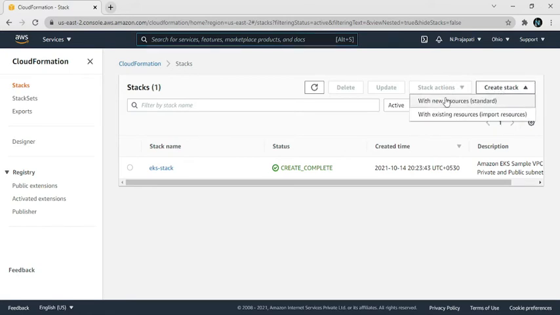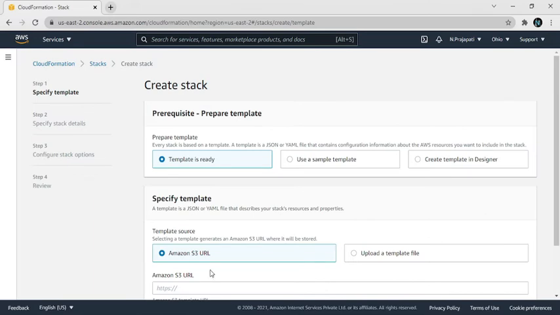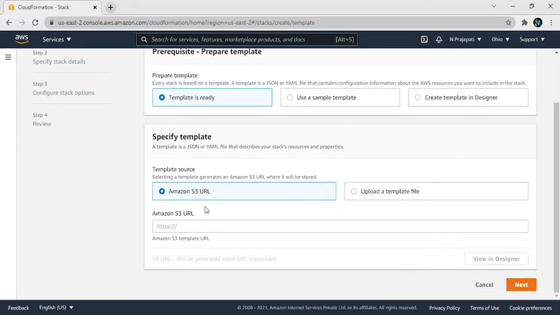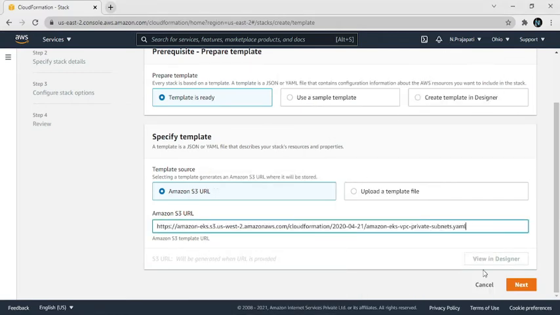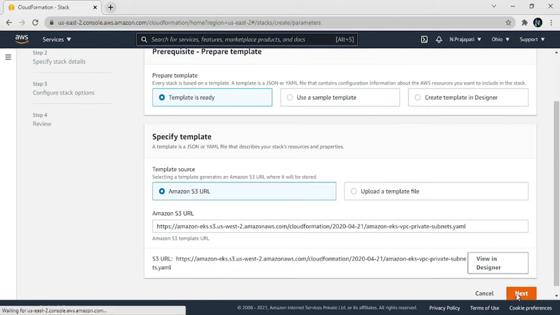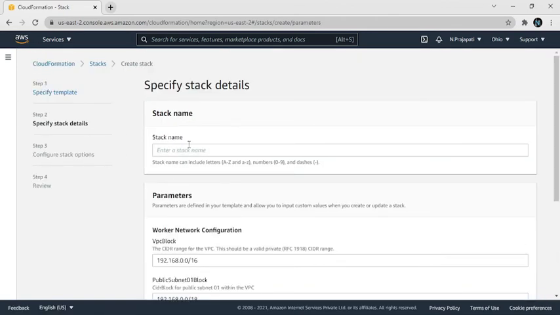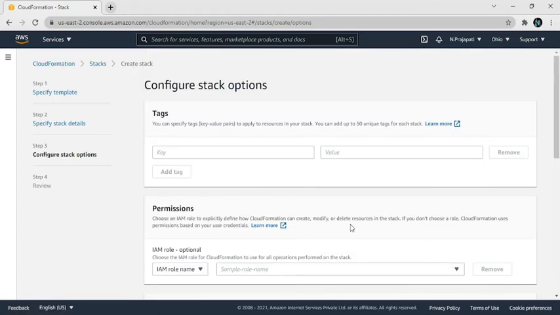So create a stack with new resources, standard. The template is already available, so I give the URL for the template in the specify template section. I copy this URL and paste it here. Click on next, and then next. Here is the stack name, and I give the name VPC cluster and click on next.